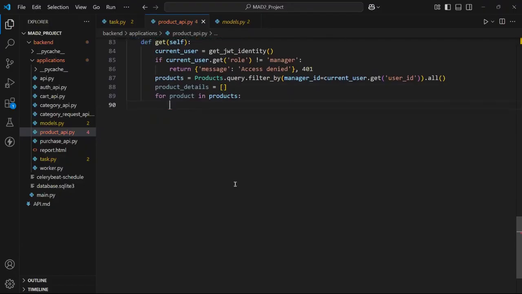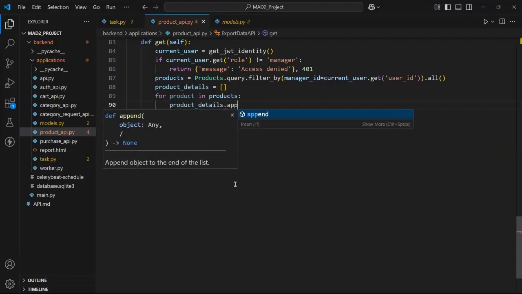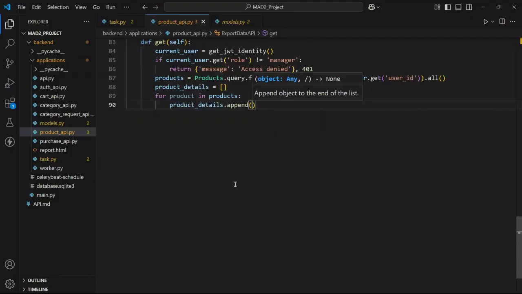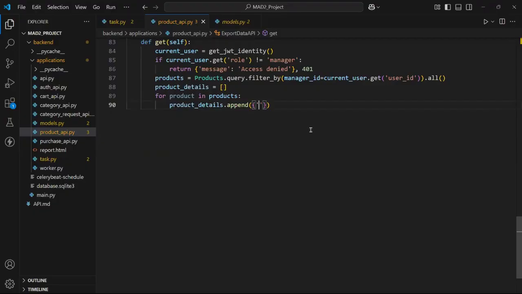So let's say product details dot append, and then we will append a dictionary. So what fields we have for the product? We have name, description, price, unit, stock. So let's say name,